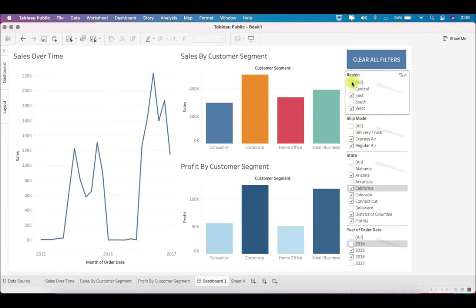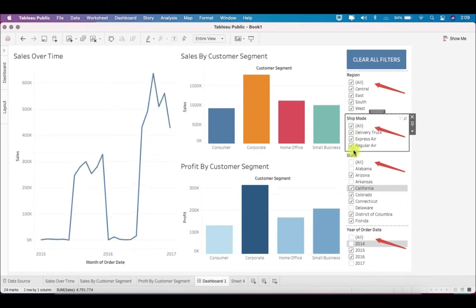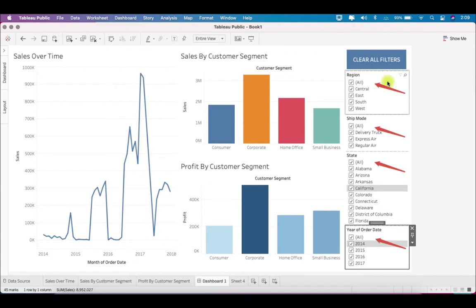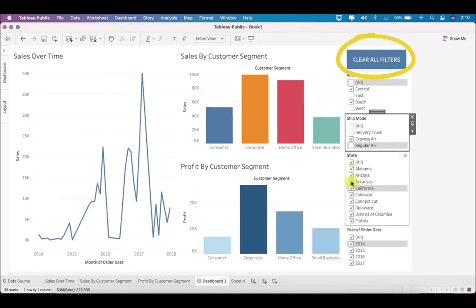So imagine you have to go to each and every filter and select all. Here we have only four filters. And imagine if you have 10 to 15 filters in your dashboards, it would be really cumbersome for your client to click on the all button for each of these filters. So that's why we can just put in one button, and with the help of that button, all the filters in your dashboard can be reset to all. So I'll show you how this works.